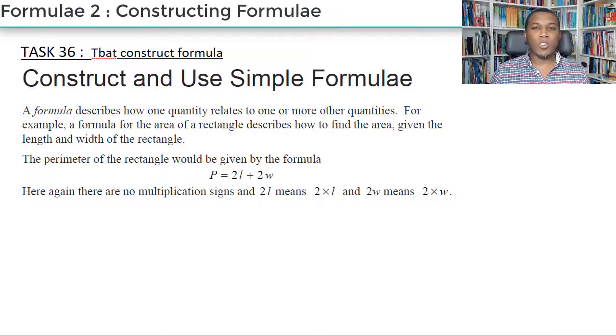Now, one of the most powerful, one of the most useful skills you will gain in maths is the idea of being able to construct and use formula. Because when you leave school, nobody does anything on paper. That's the truth. I mean, we might sketch ideas, but you want to be using a computer to do serious